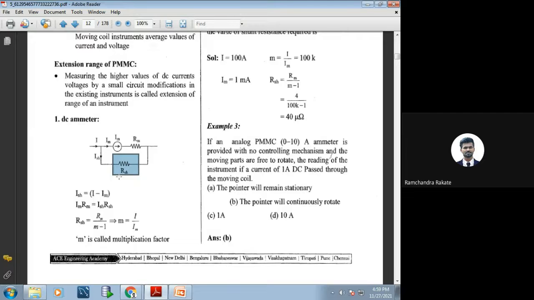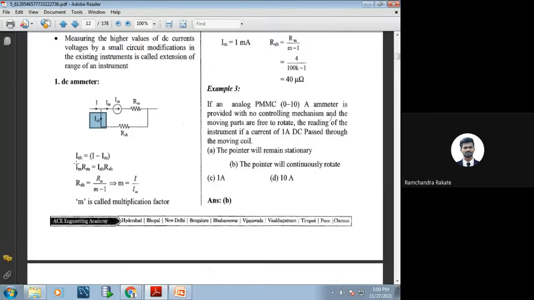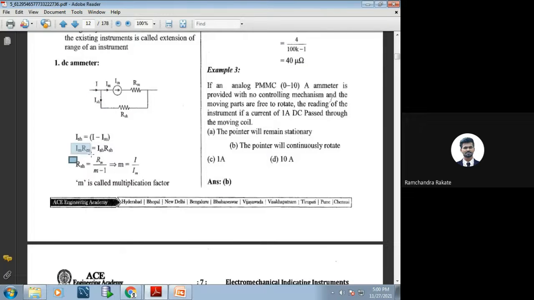Now we'll apply Ohm's law, where current is flowing through a resistance. So what is Ohm's law saying? As per Ohm's law, it opposes the flow of current. RSH is the resistance, current ISH is flowing through it, so it will oppose. So we simply put Ohm's law: IM RM is equal to ISH